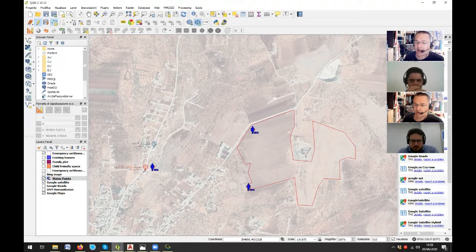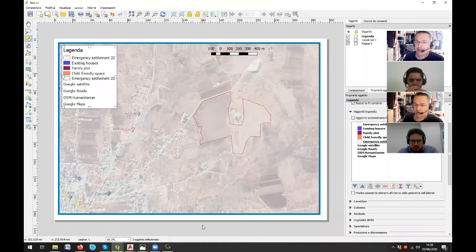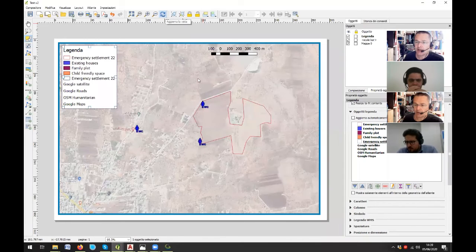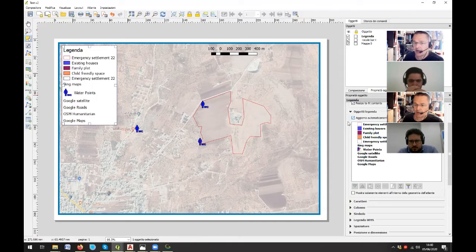Then I go back to my map and I say refresh. And as you can see, I have it immediately in my map over here. And then I go here. Oh my goodness, they should break in 5 minutes, whatever. So I immediately update my legend, and you see here I have water points with